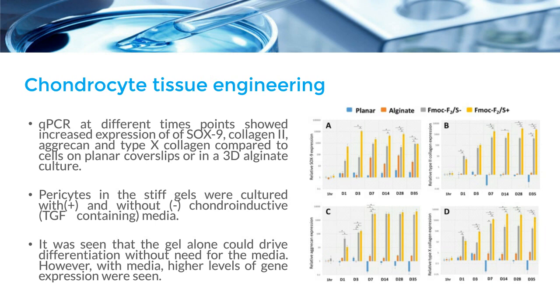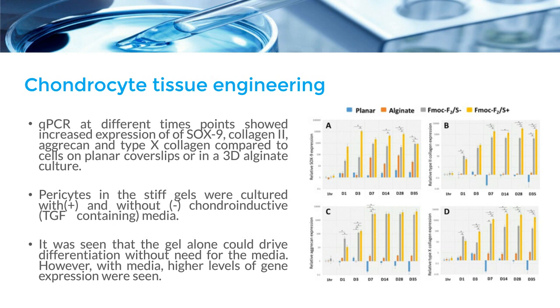We've used the stiff hydrogel, which is denoted here in the grey bars as Fmoc F2S. And we've also used the hydrogels, but with contra-inductive media. So that's denoted with a positive sign. So just the cells in the hydrogel alone with the negative sign, cells in the hydrogel with chondrogenic media with